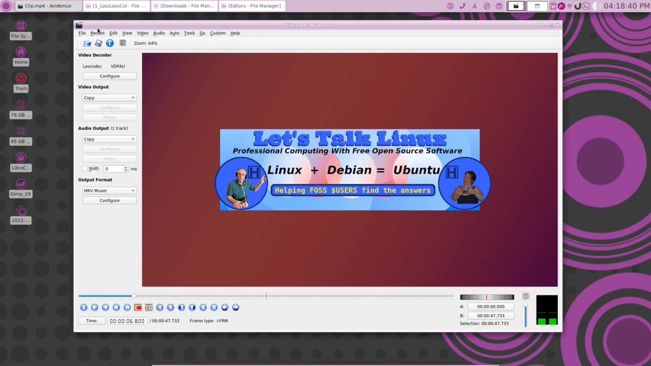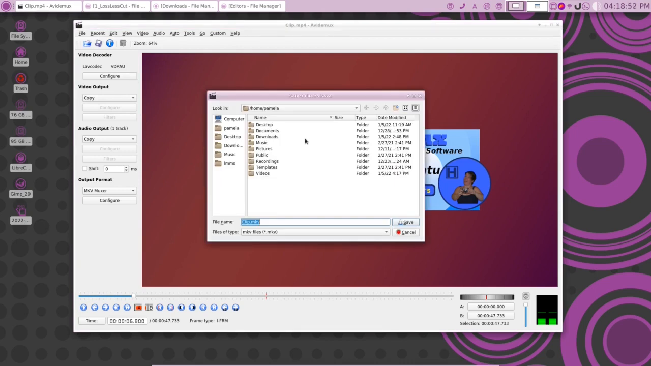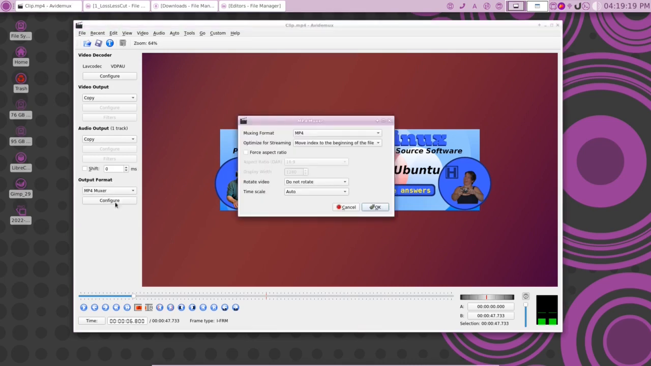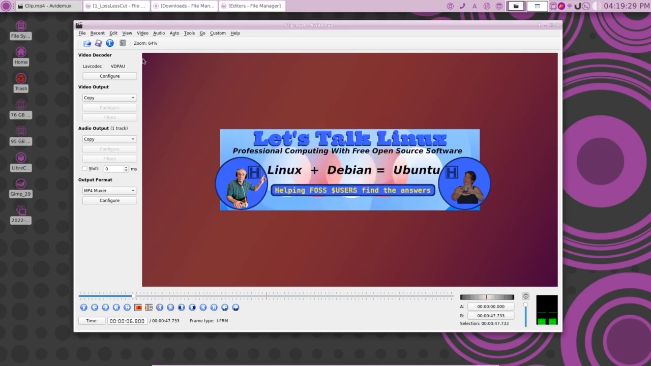To render this, we have to go to the save button, and we go to videos, editors, Avid Monks. Now you can see here it wants to save as an MKV. Let's forget about that right now. We're going to copy the video, copy the output, but we want to have an MP4 output right there. Okay, and we could configure a little bit here, but this is fine. It's telling me that it's a 16:9. Okay, so let's go ahead now and save it